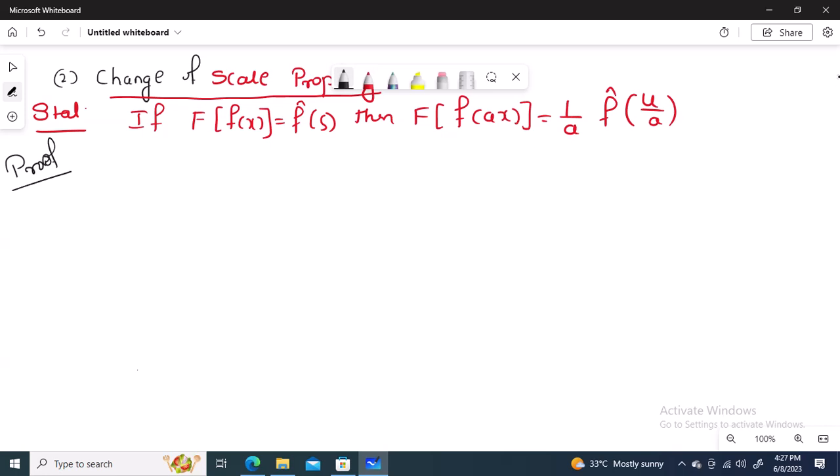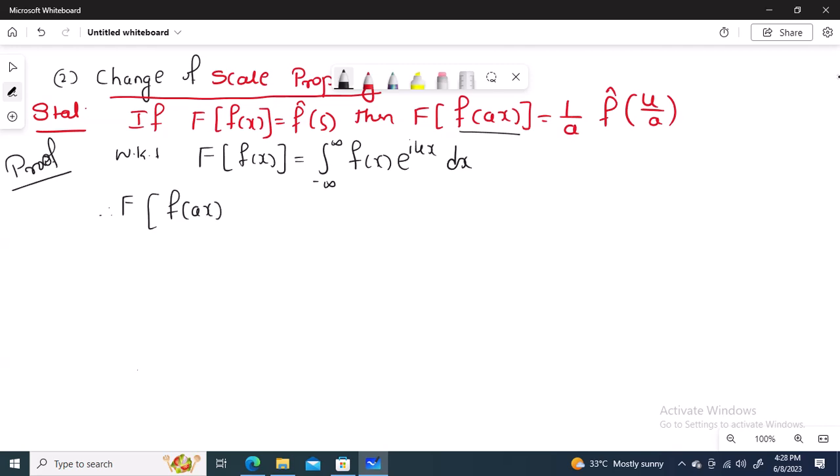How to prove? As usual, we have to consider the definition first. So we know the Fourier transform of f of x. What is the Fourier transform of f of x? Integral minus infinity to plus infinity f of x e power iux dx. Then in place of f of x, we have f of ax. Therefore the Fourier transform of f of ax equals, I'll just replace, integral minus infinity to plus infinity f of ax